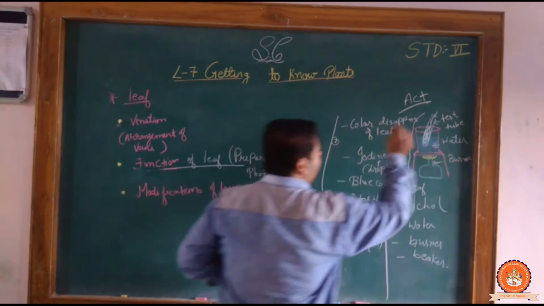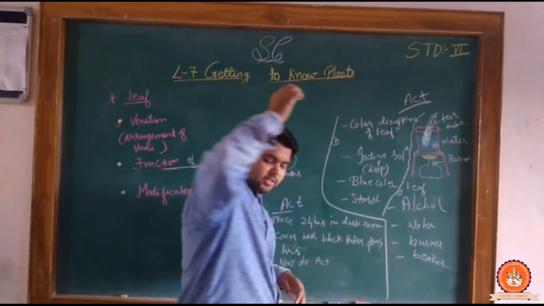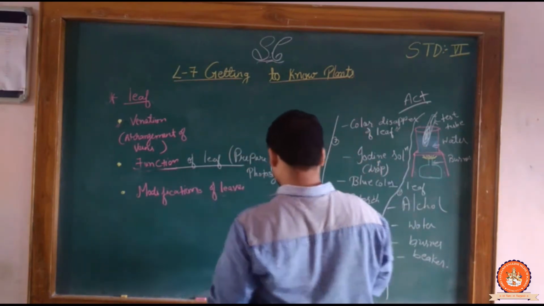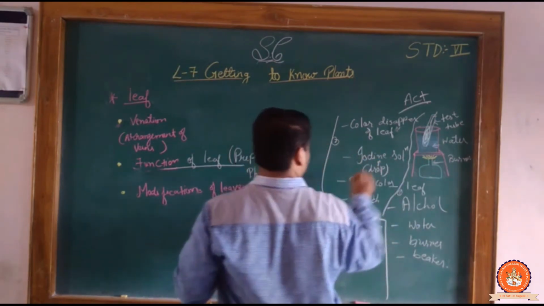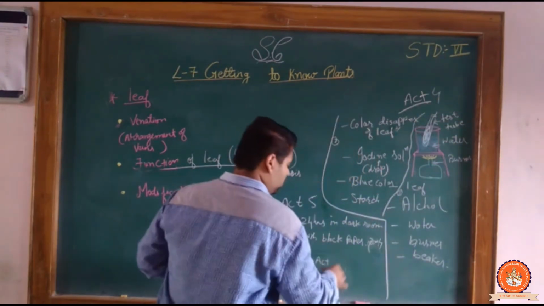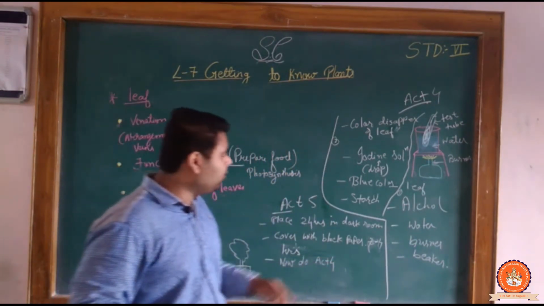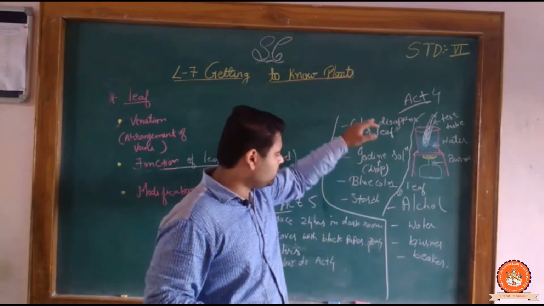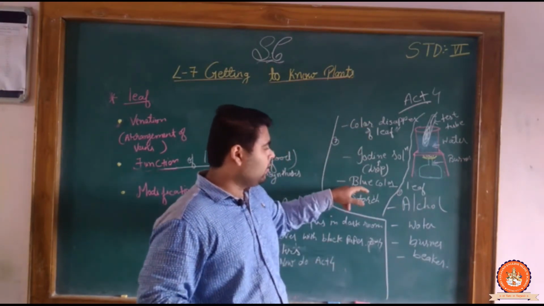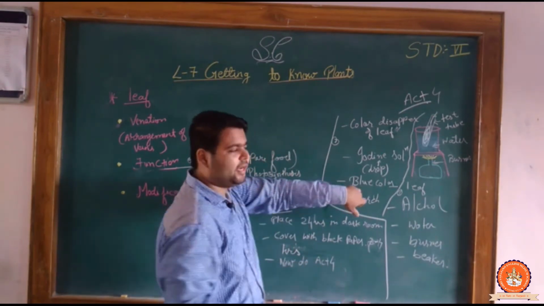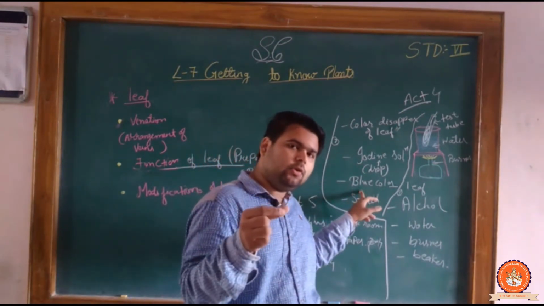Now when we do the activity, we can give the name of this activity as particularly fifth. This is 5, so this becomes 4. So now do activity 4. When you do activity 4, all the process we will do the same. Now, after doing this process, we can see that when we place the iodine solution, we are not getting